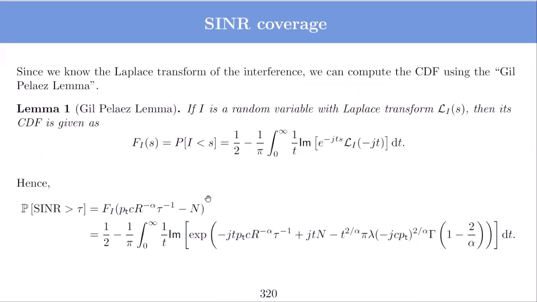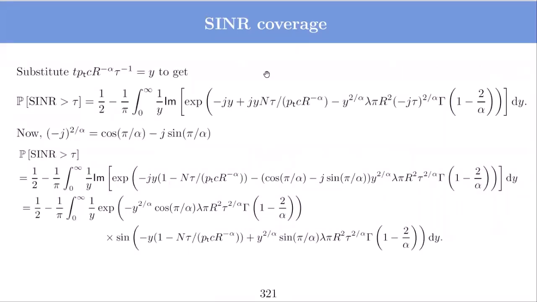Okay, so if I put this back into the original expression and replace s with this, what I get is 1 minus 2 pi 1 minus 2 minus 1 upon pi integration of this term dt. Now it is an exponential with an imaginary part, so I can extract the imaginary and the real part from this. So what you get is